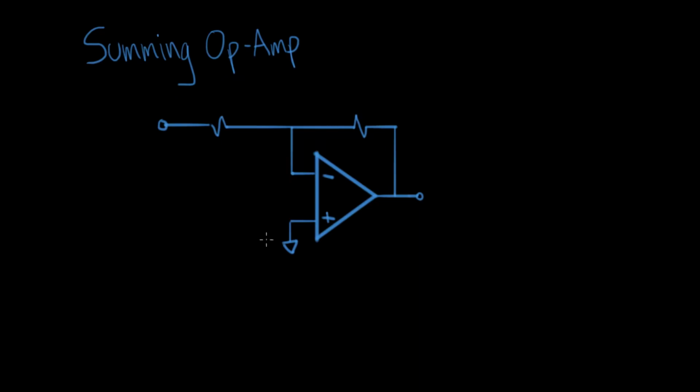Another form of an op-amp circuit is called the summing op-amp. We're going to work through how this one works. What's drawn here now is an inverting op-amp circuit with a single input. We'll call this VA for now, and we have V out. We worked out how this worked before, where V out was a function of VA times the ratio of these two resistors. And now I'm going to add a little twist to this, and we're going to analyze a